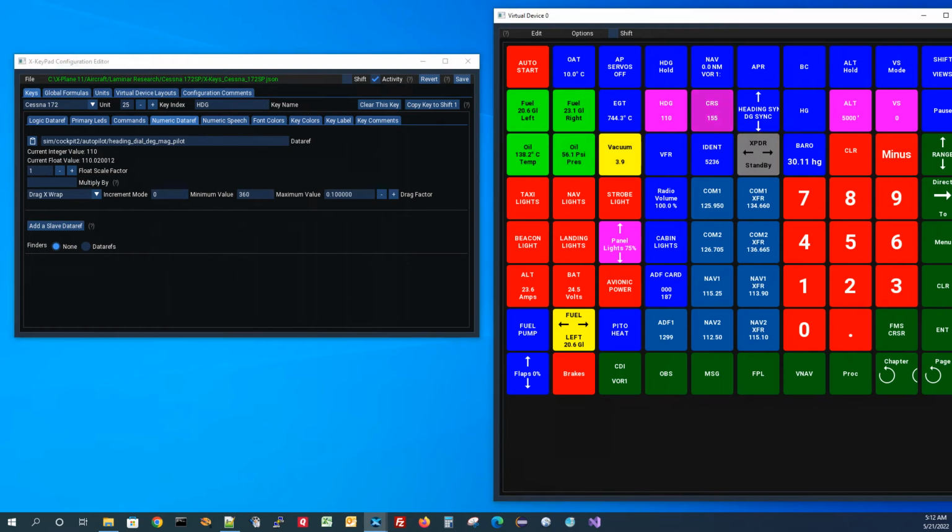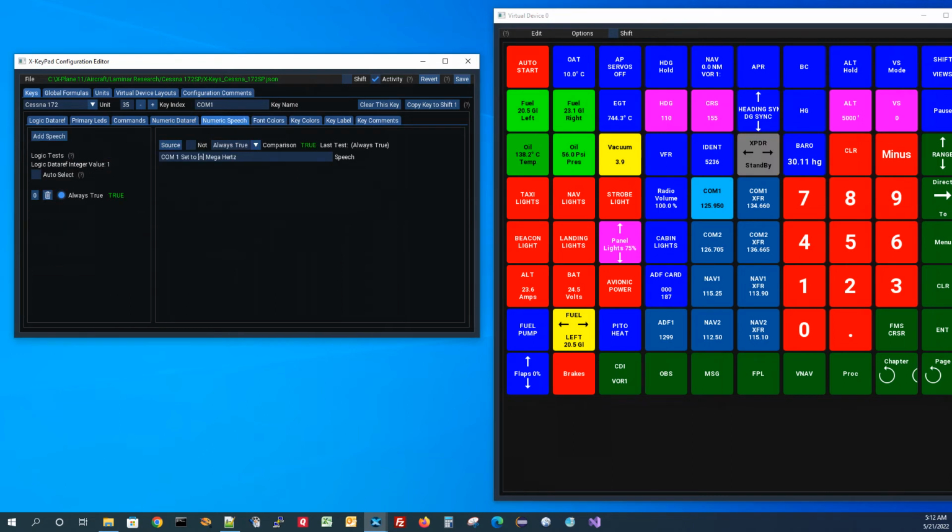Very responsive. So you can see how you could do that with a drag capability. One of the things I want to do is go back to this COM1. I do want to show you this numeric speech. You do have the ability to define when I enter in a value into the numeric buffer, and I am actually going to take that data and jam it into the data ref,